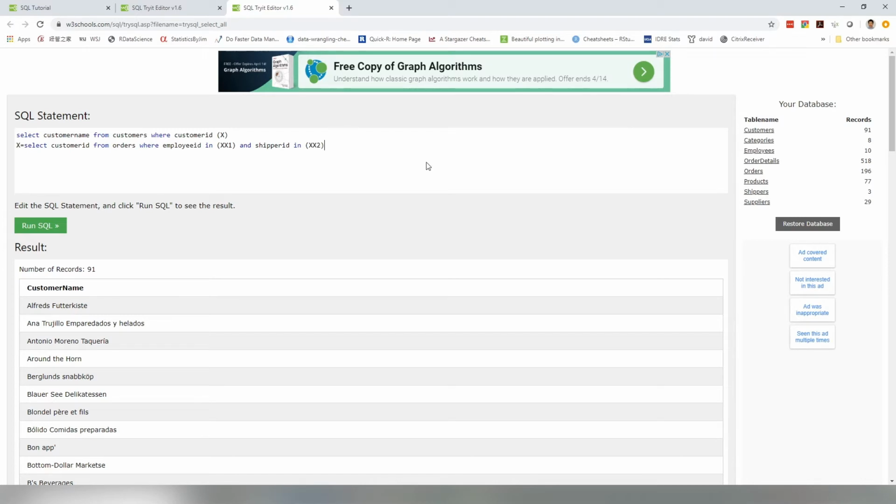So basically, let's work backward. First, we're going to solve what is XX1, then replace here. What is XX2, then we replace here. So we find the employee ID, we find the shipper ID, then we're going to find the customer ID. Then we're going to replace the X back into this one. Then we have the correct customer ID found. Then of course we can find the customer name from the customer table by using the customer ID we found out, right? So first we're going to say